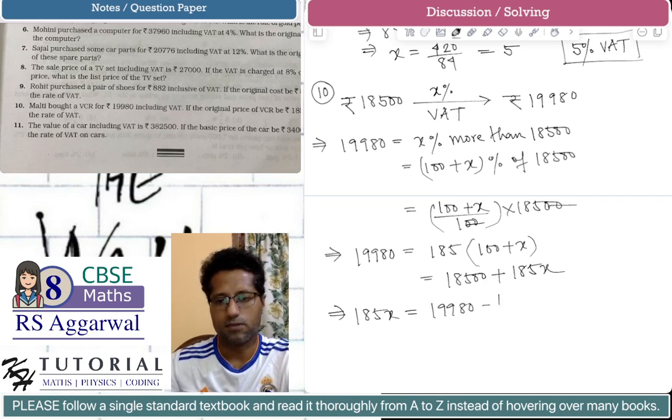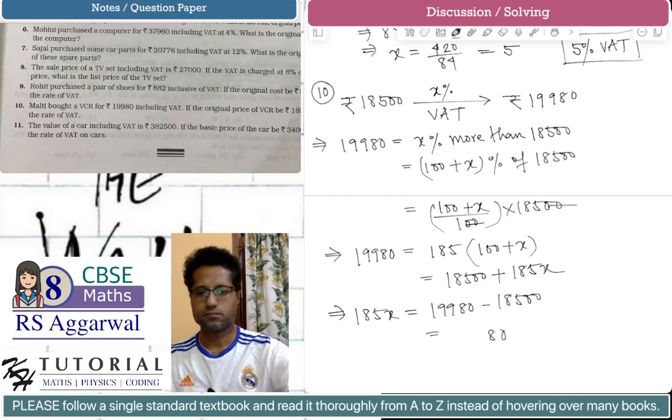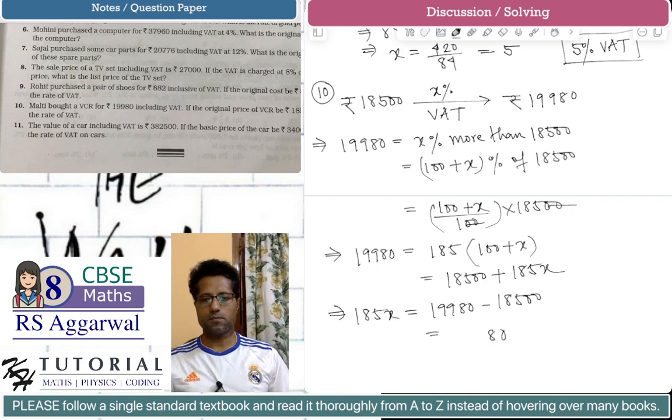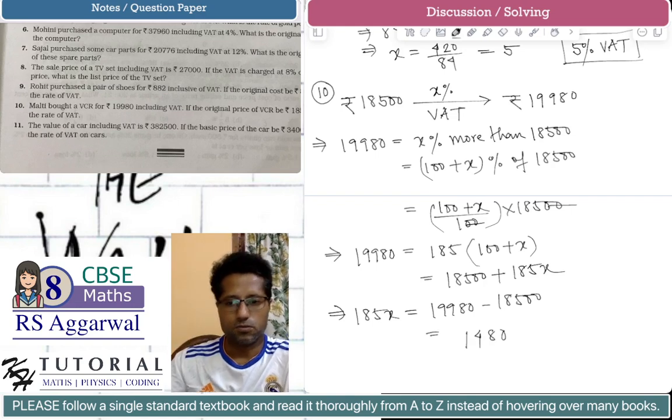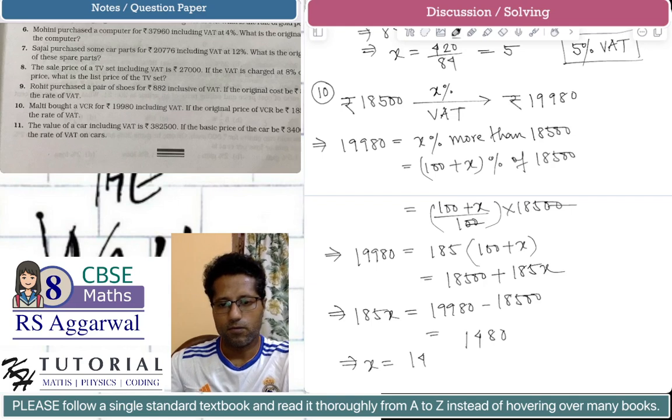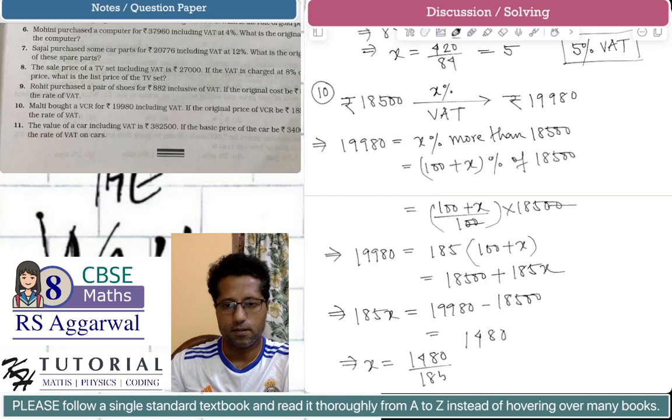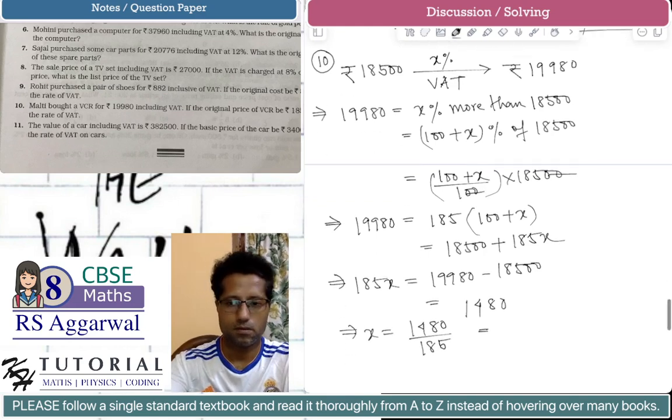19980 minus 18,500. This is equal to 1480. So this implies x is equal to 1480 divided by 185. This is equal to